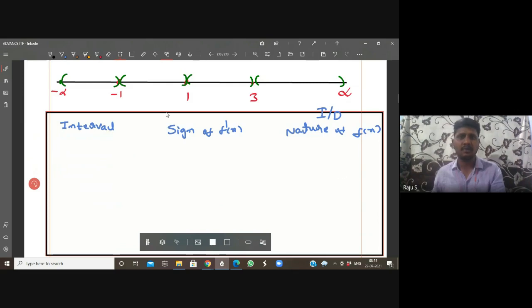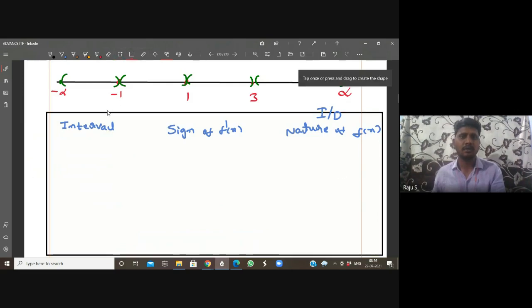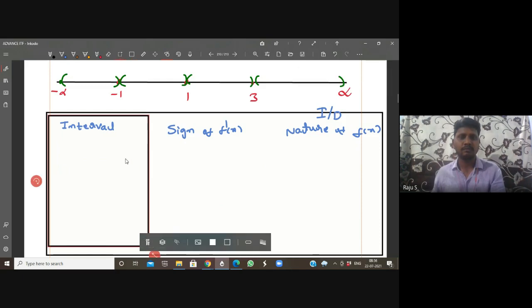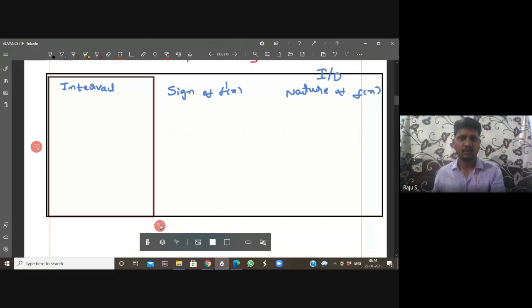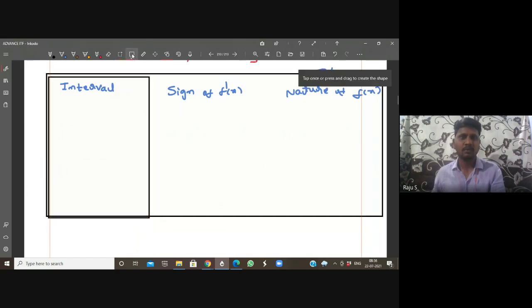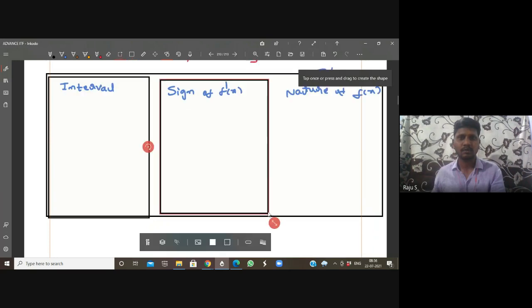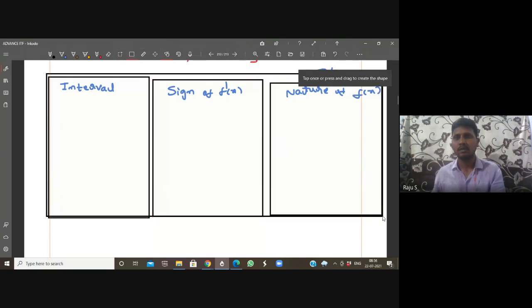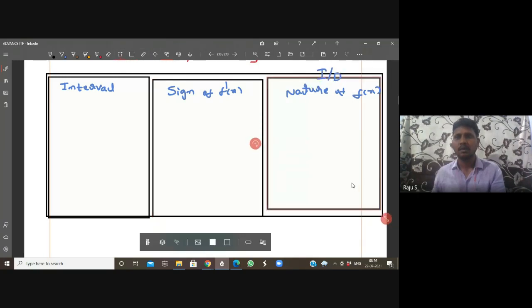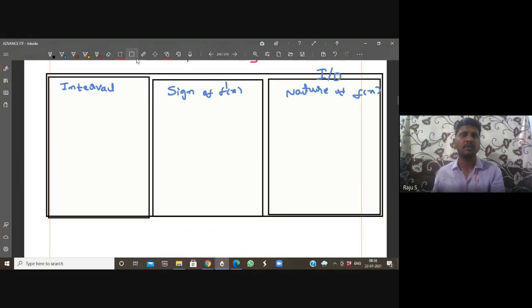Okay, right, students. So here again, take the nature of this. Here it is not necessary to draw the graph of the given function. Clear? Right. First,